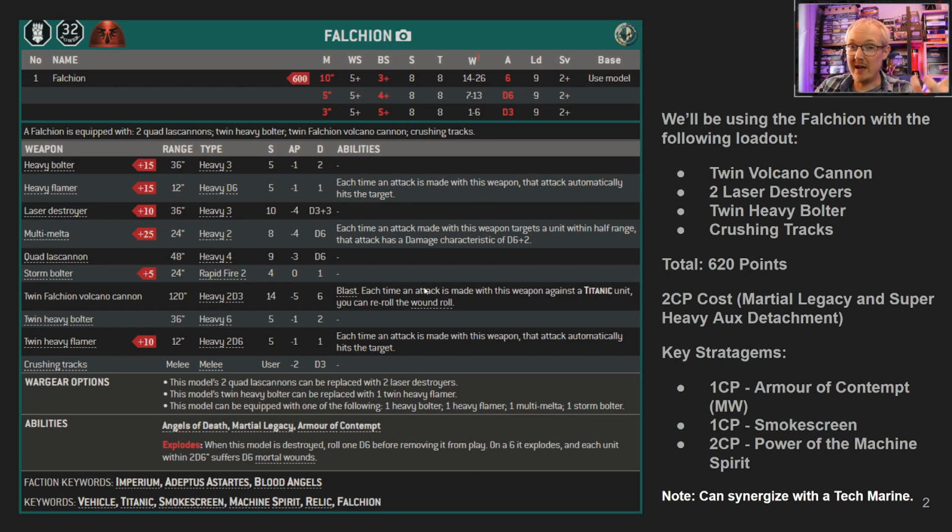We also have a twin heavy bolter on there. I mean, kind of take it or leave it. I usually use it to try and kill some chaff. Maybe you could fire it into the heavy targets you're going after if you just want to do a wound or 2. And then it does have crushing tracks, which are not bad, because you're going to get 6 attacks,